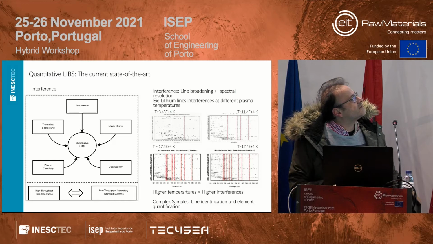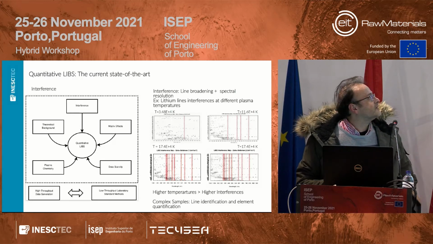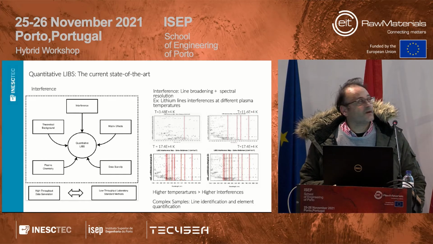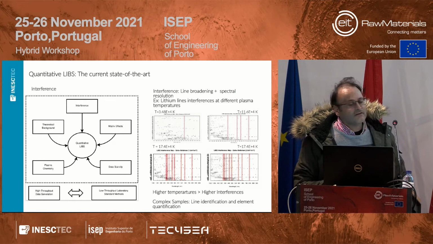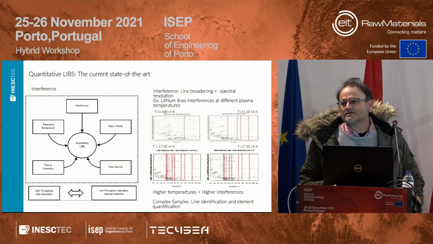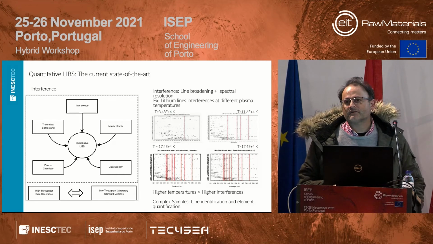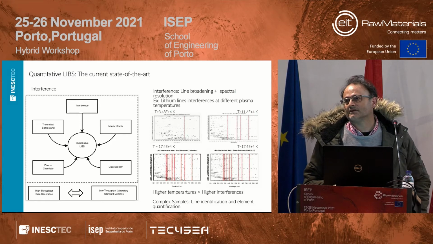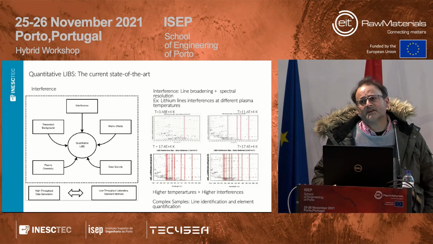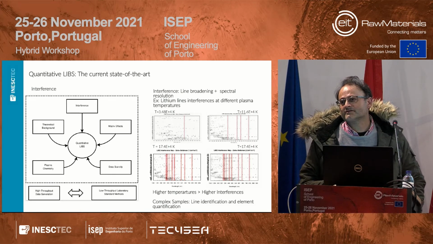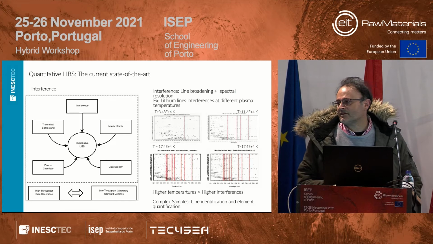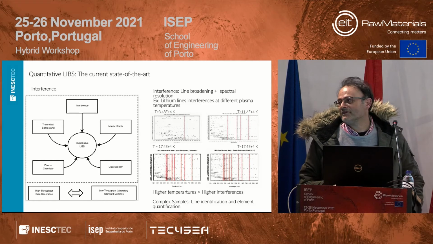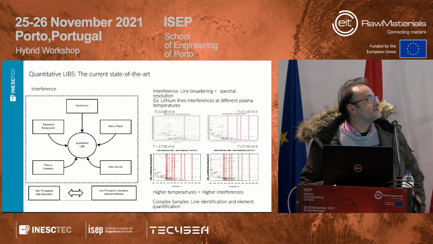So after these examples, I would like to go through some of the main difficulties of processing LIBS spectra. One of the most important ones is that we cannot assume that each line that we observe in the LIBS spectra belongs to a single element. This is because there is a thing that is called interference. This means that lines that are very proximal are seen in the same pixel of the CCD, or in a very nearby pixel of the CCD. This is CCD.